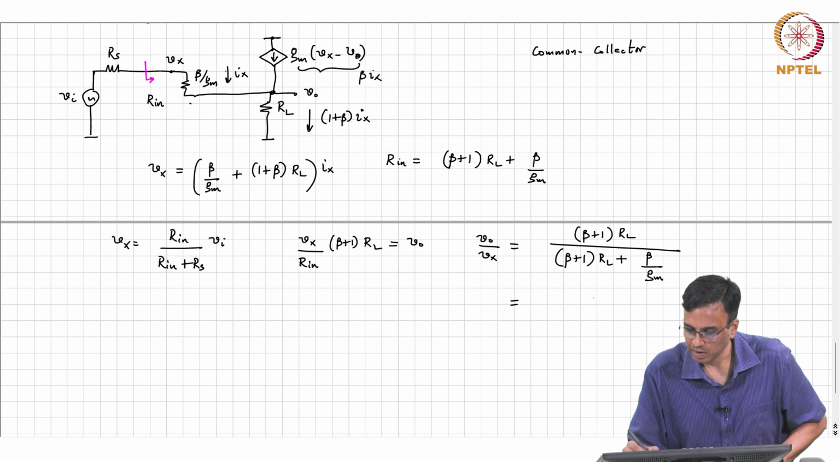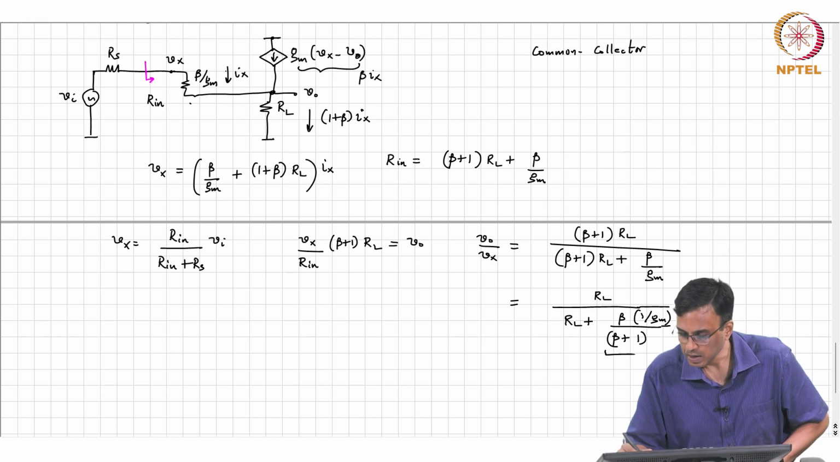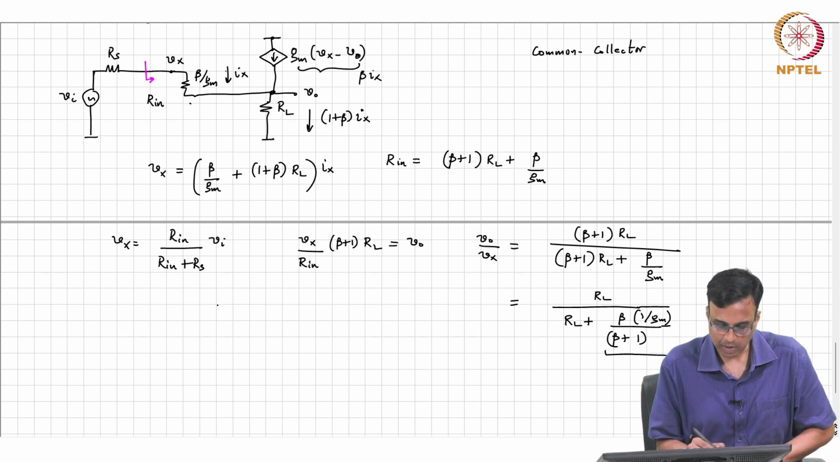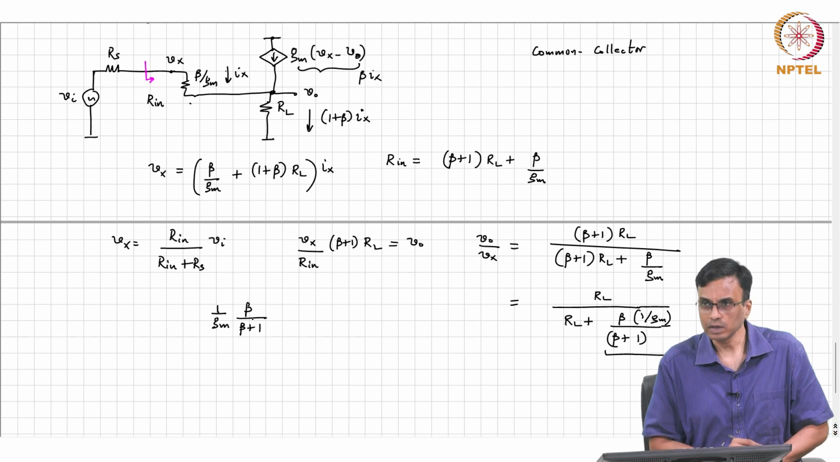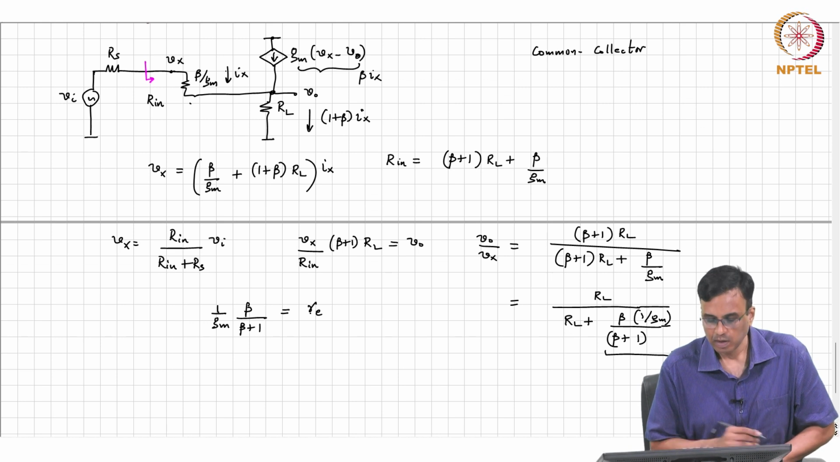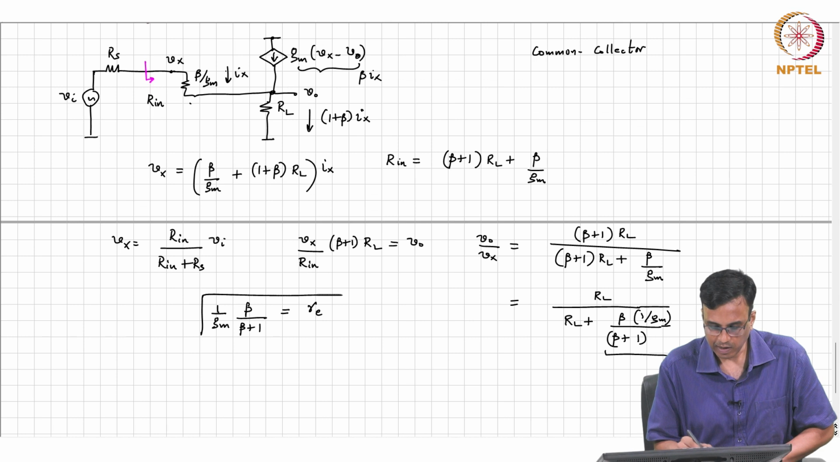which is written as RL by RL plus beta over beta plus 1 times 1 over Gm. So, this quantity, it turns out that if you keep working out these problems, you keep getting this quantity all the time, 1 over Gm times beta over beta plus 1, okay. And this is often called small r sub e,